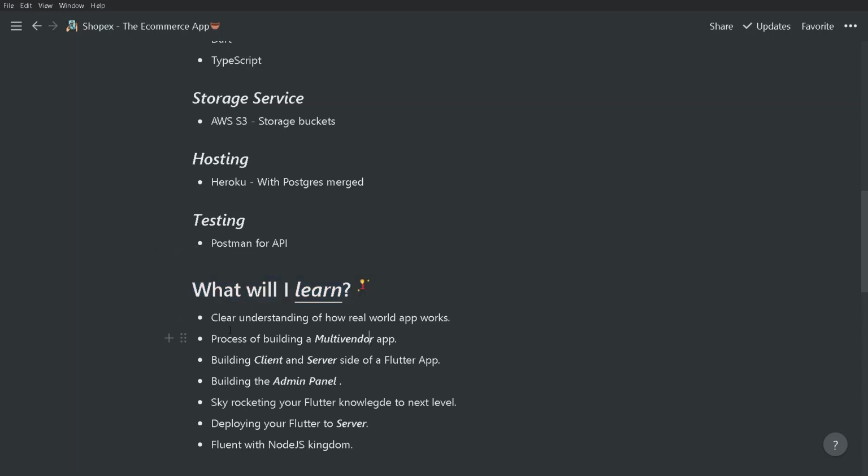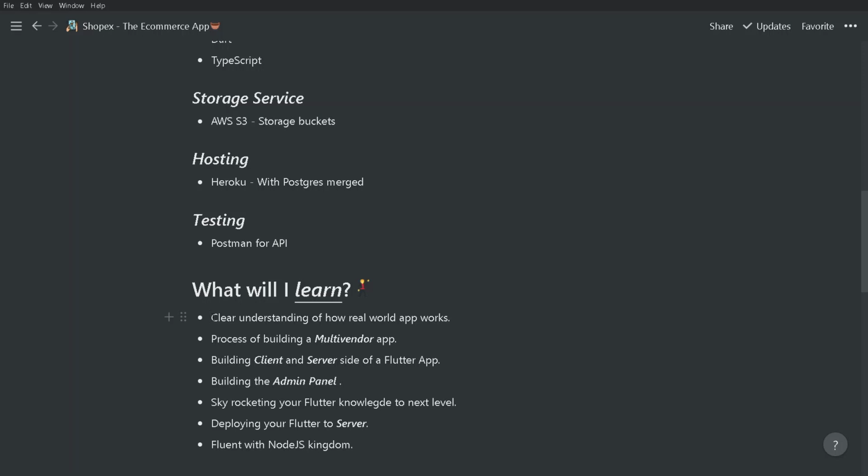So first thing first, you shall be getting a clear understanding of how the real world app works. Besides creating user interface for Flutter, there are also many useful cases that all the companies are gonna be using with Flutter, and you can't be using Flutter just with Firebase or SQLite over the internal storage. You have to deal with a custom backend regarding Postgres, SQL or any MongoDB database. And so keeping that in mind, I will be making the following course with a clear understanding for you over how a real world app works.